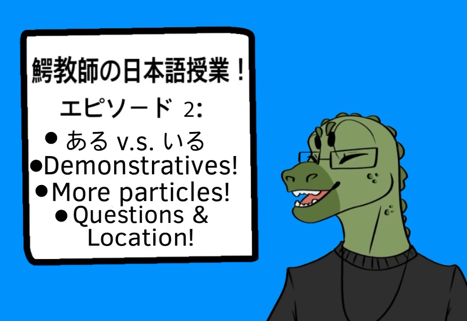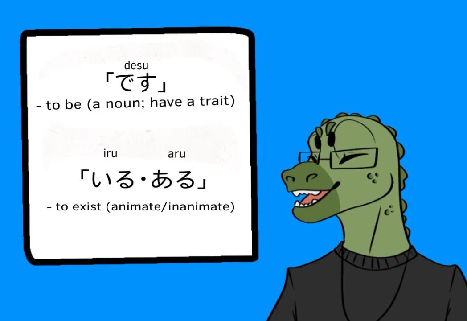Now, to set things up first, I kind of want to talk about iru versus aru. In the last video, we talked about the copula des, which basically means to be. But here's the thing. That's not the only to be word in Japanese. In fact, you can't just use des for every being aspect there is. In fact, you have to use either iru or aru in a lot of cases, specifically in denoting existence